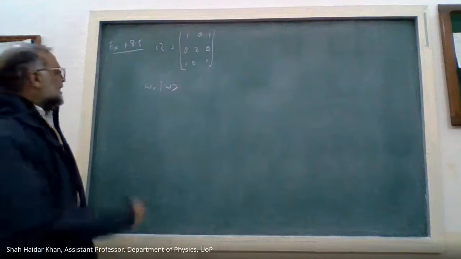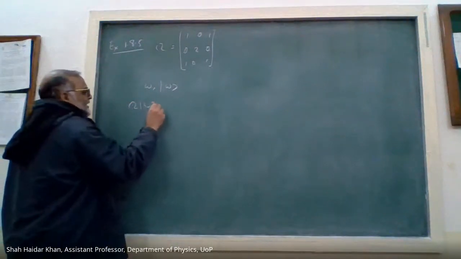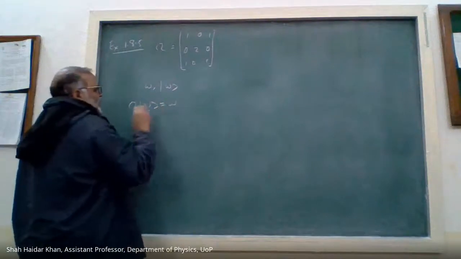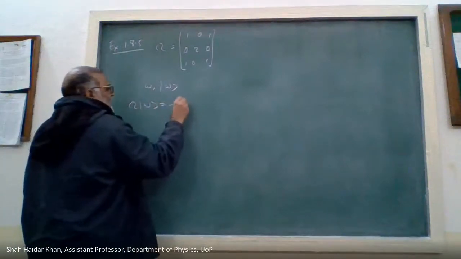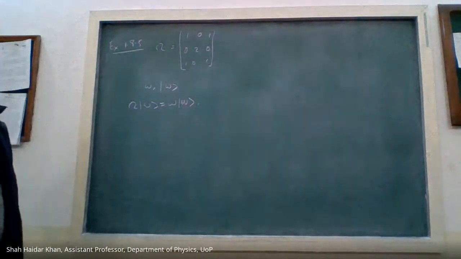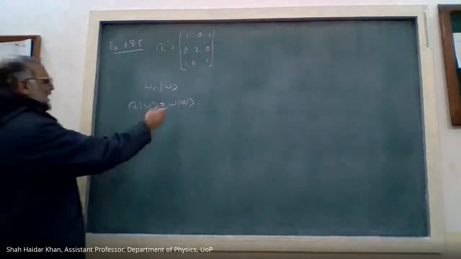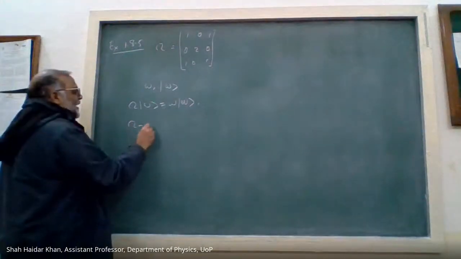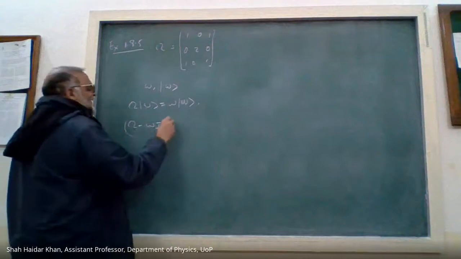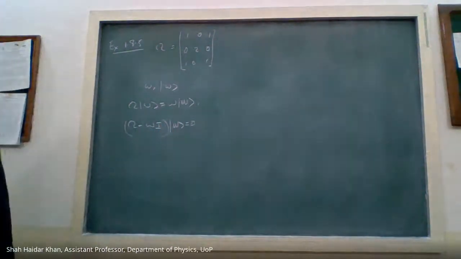Then we write the eigenvalue equation: the operator acting on the eigenvector gives the eigenvalue times the same eigenvector, right? Or we can write this as (A minus omega I) times the vector equal to 0. We did that before. And for solving, we want to solve for omega,